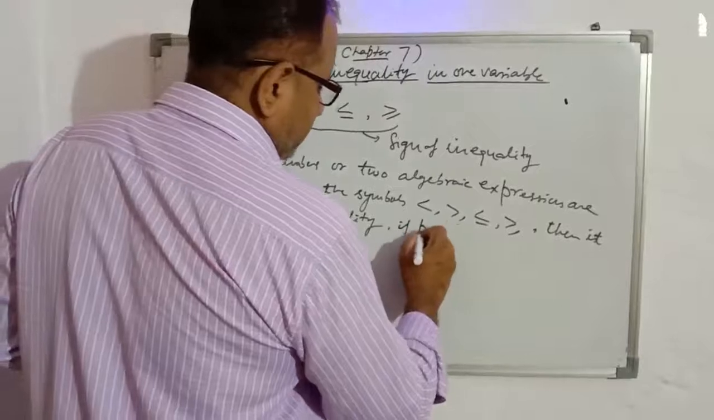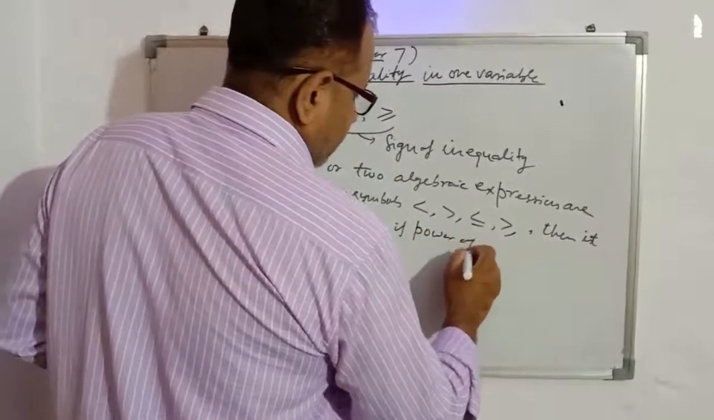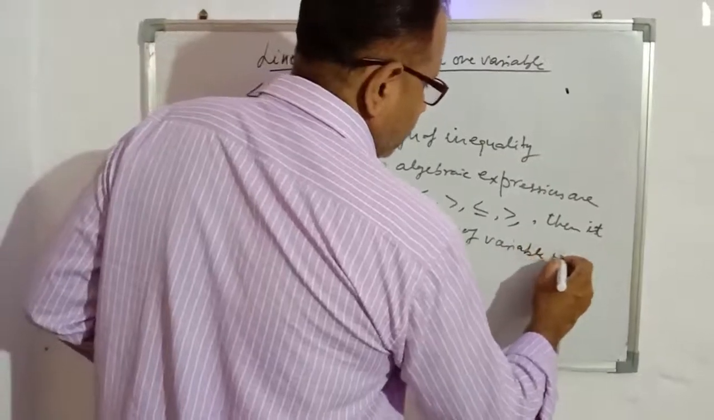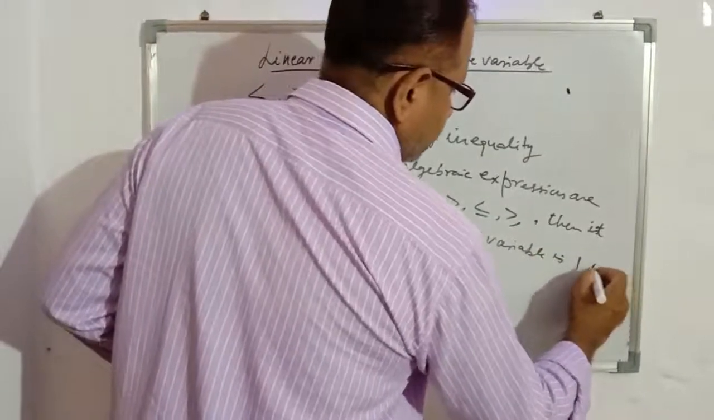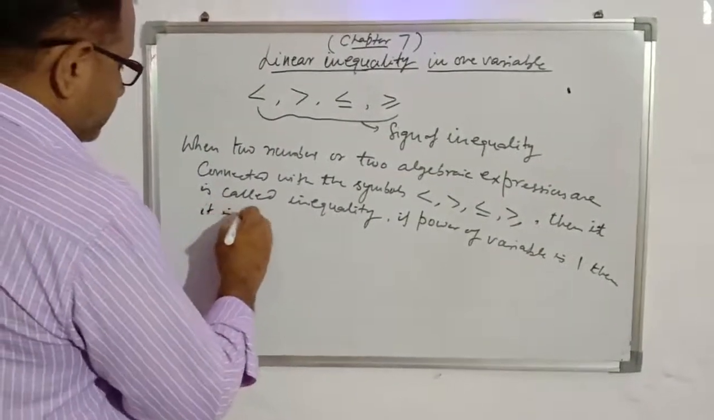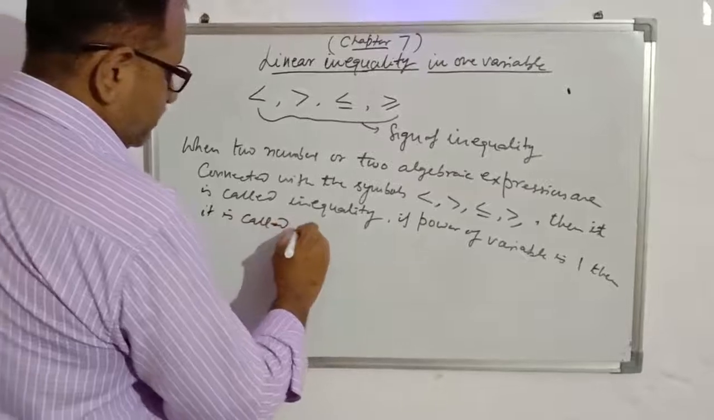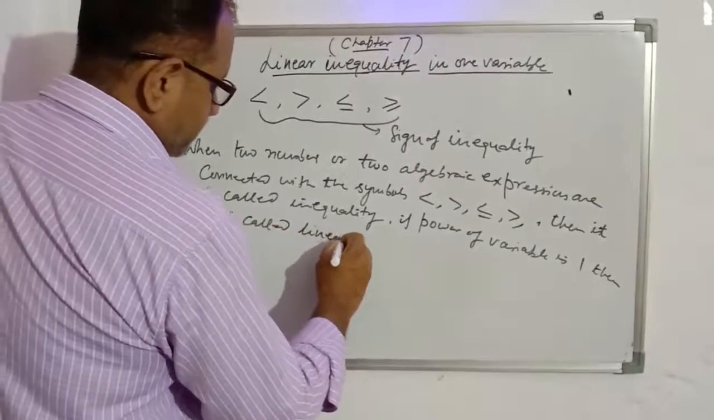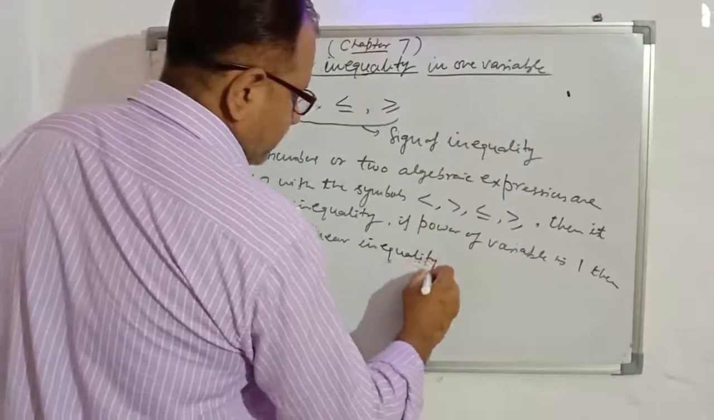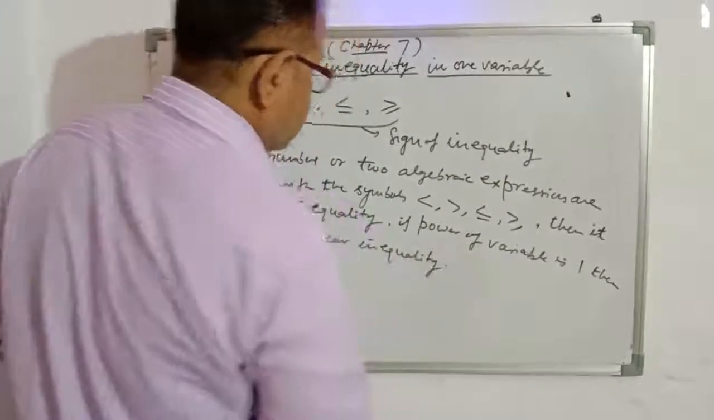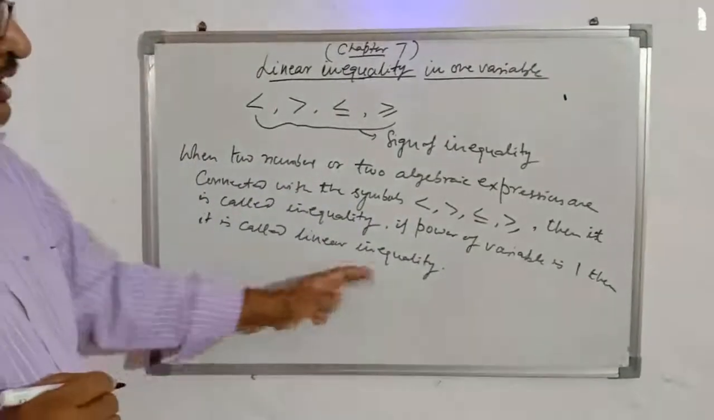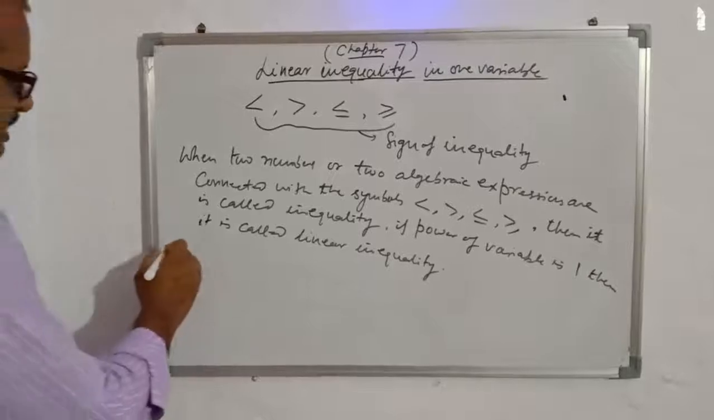If power of variable is 1, then it is called linear inequality. If power of variable is 1, then it is called linear inequality. See example: